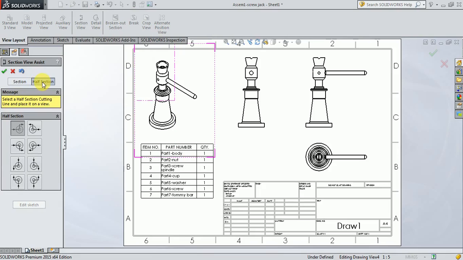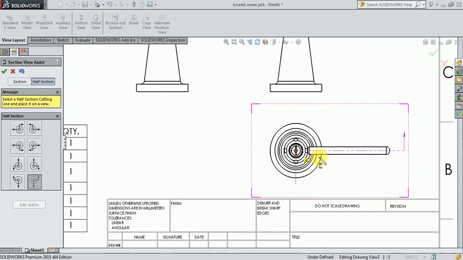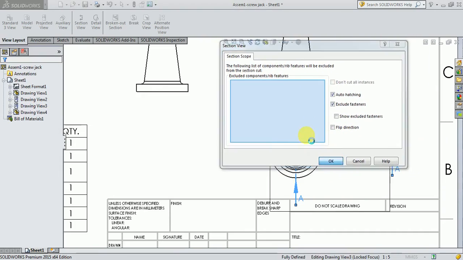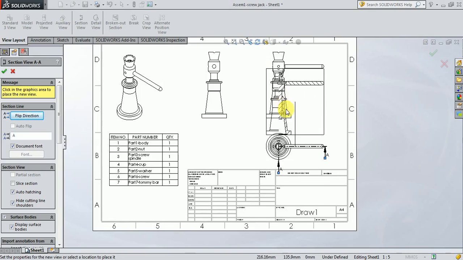So let me first show half section. Okay, so I will select the half section here and I will go with this right side up. Okay, and then I will select this top view. So I will click on the center of this top view here. Okay, somewhere here, exactly here. Okay, here, click there, then give it OK,